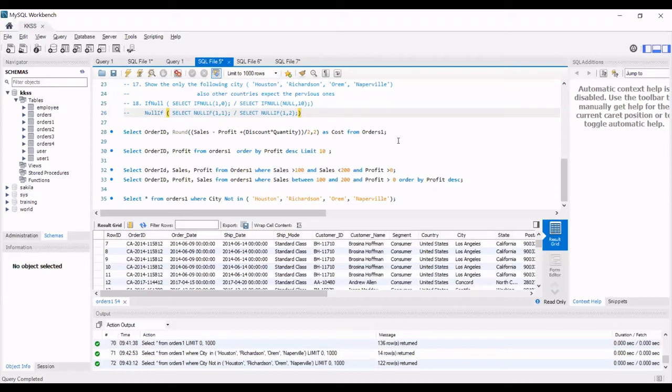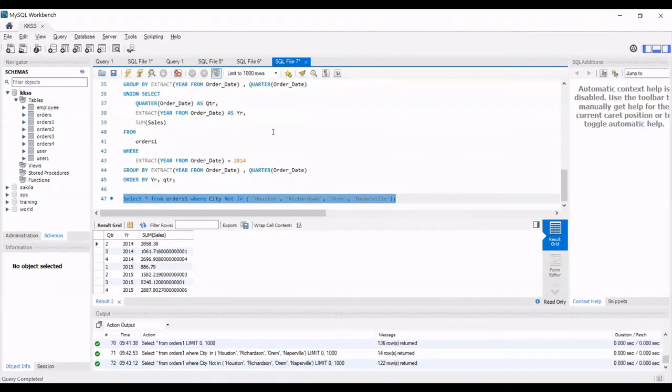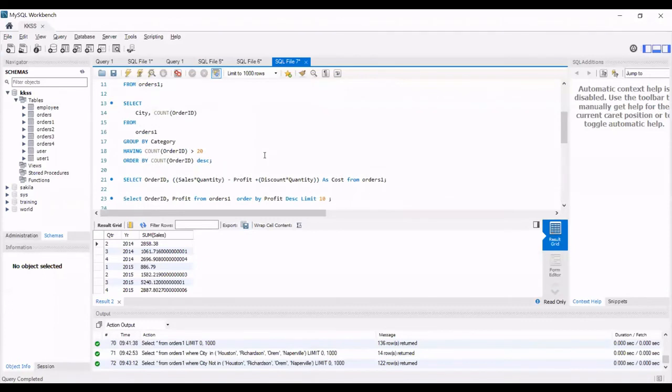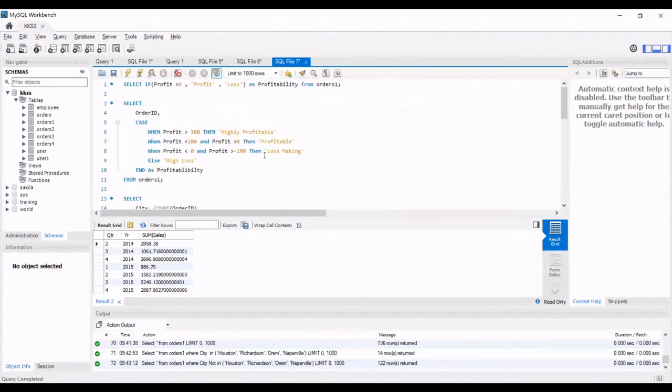I also used to do the same thing, but since I just got to know about this, I'm letting you know there is a rank function also in SQL. And the other thing is where we did the group by top 10.